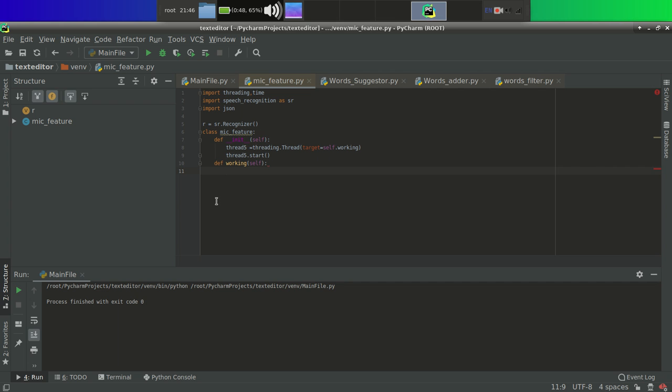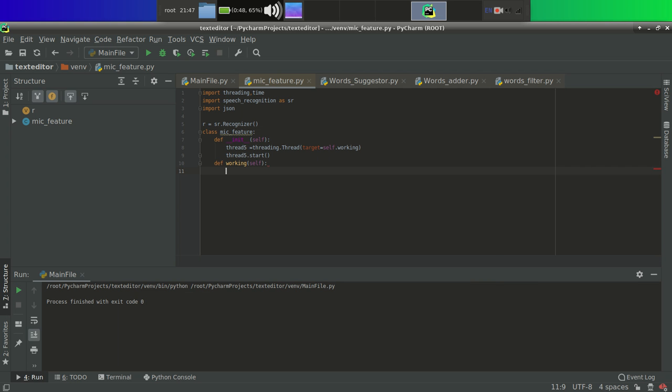Let's make a condition. Suppose that a user started the mic and due to some reason it couldn't start, or you can say that this mic is not working. So let's make a condition over here first. The condition will be try, not try actually, because we couldn't get the error. Okay, leave that, just make it simple. We can also handle that earlier when we type, we can also handle that.